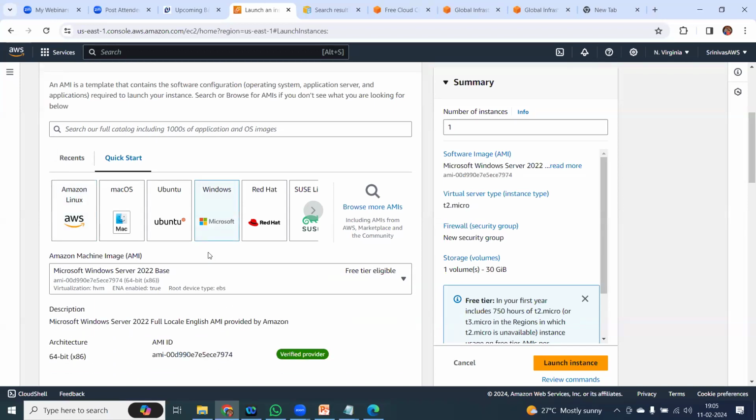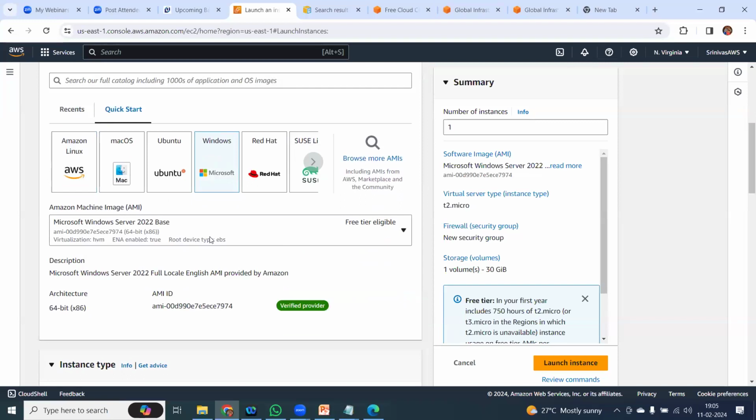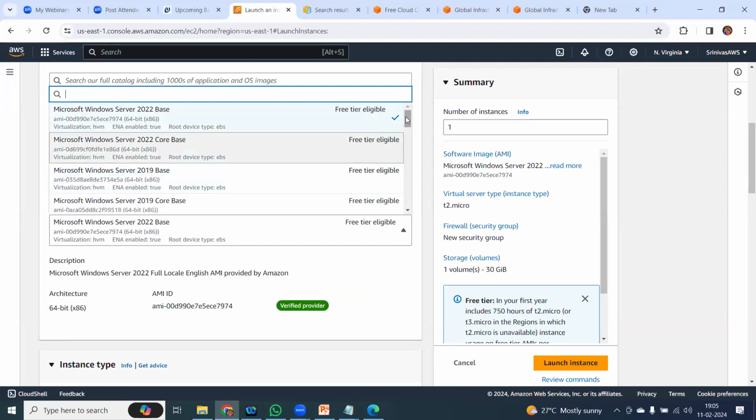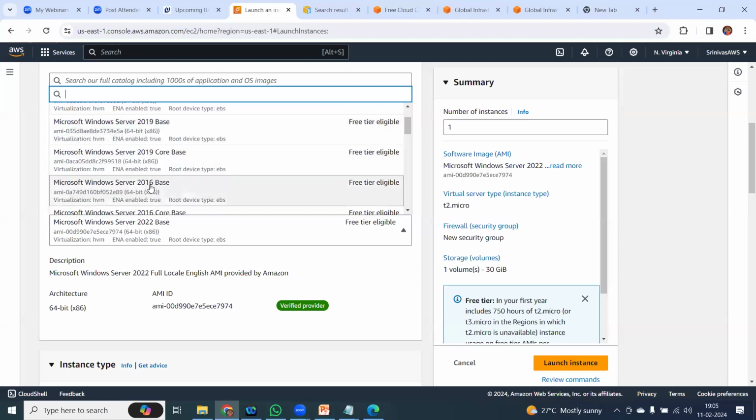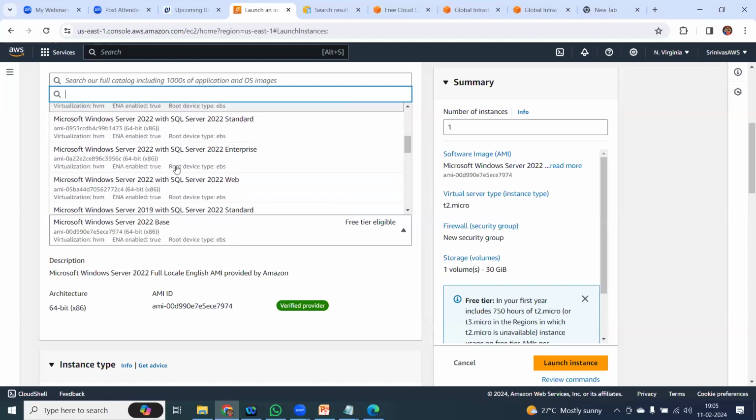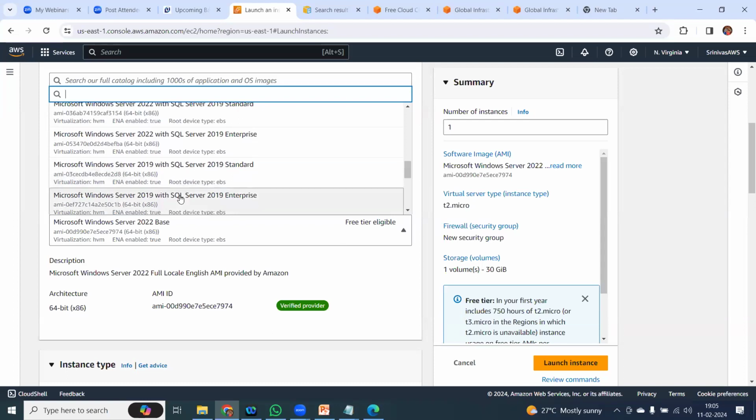Windows selected. Okay, then here, which version do I need to choose? The next selection: I selected the Windows operating system, and I need to select which operating system version. There are versions available: 2022 base, 2019 base, 2016 base, different versions are available. Which one do I need to choose? I need to make sure